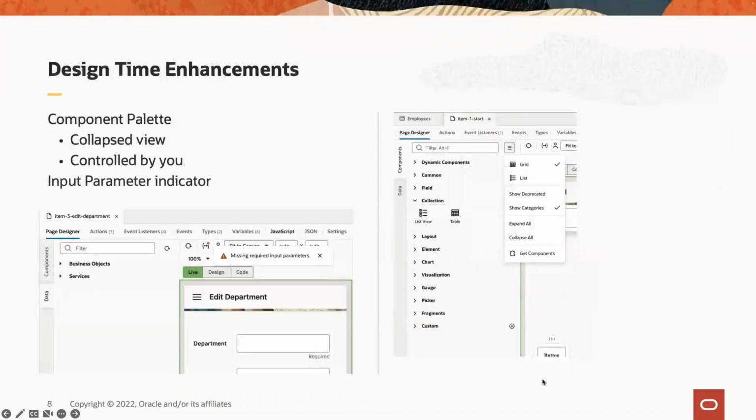Another thing that you might have noticed is that in our design time, the component palette has been reorganized and changed a little bit in terms of the layout. We now allow you to have a collapsed view of the components. We also allow you to see grid view and list view of the components, and you have control over how those things are set. The other thing that we added is something called InputParameter Indicator, and this is very useful